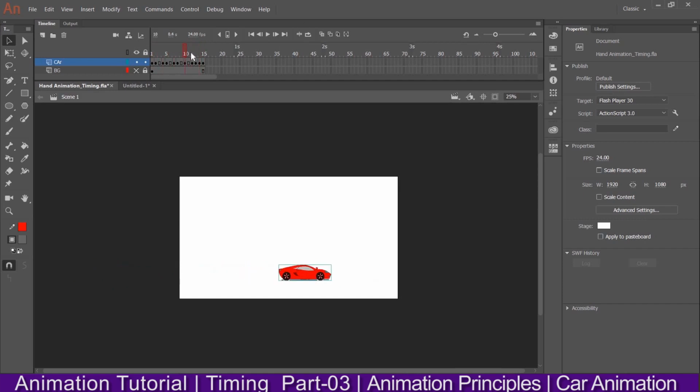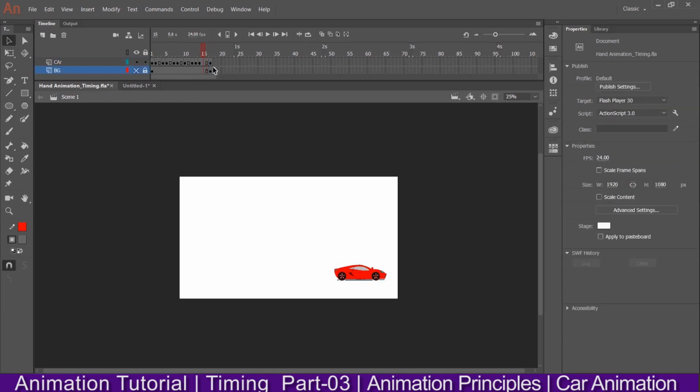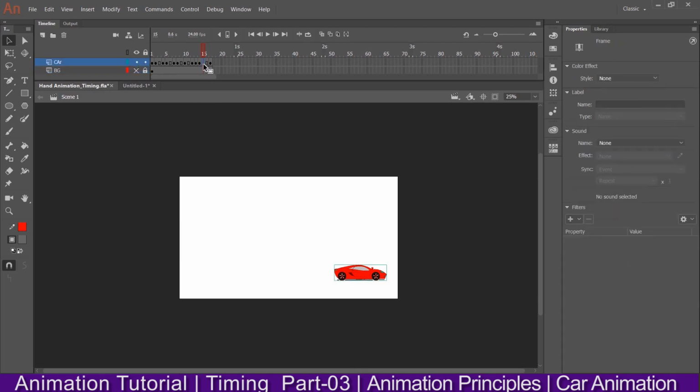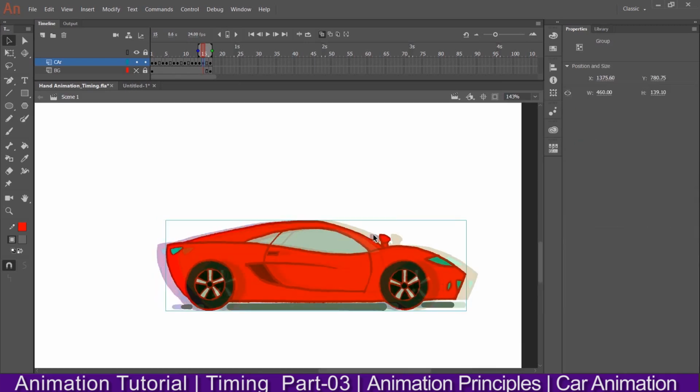But here it is getting halted all of a sudden, so we can increase the frames, these 2 frames, because this is the BG frame, so I'm going to increase 2 more frames, and here I'll do one more drawing by hitting F6, and I need to close up the frame like this and shift.